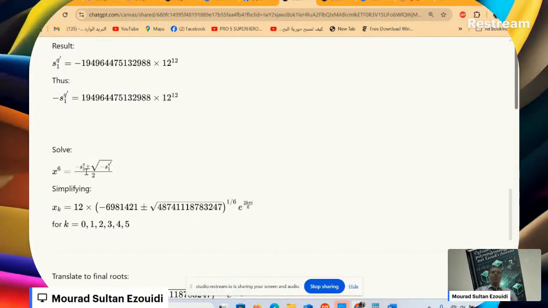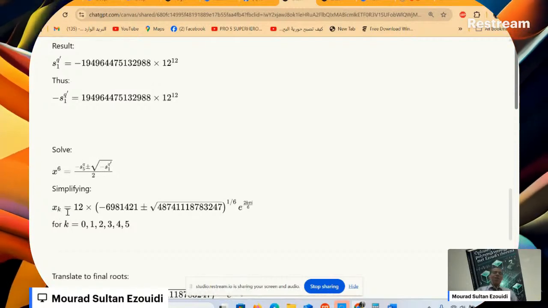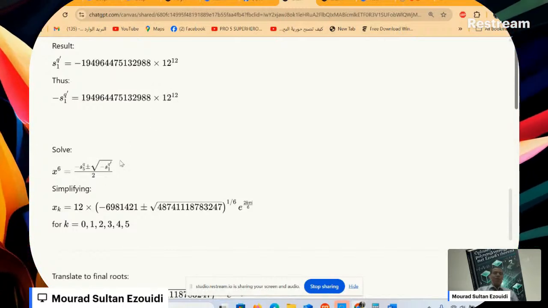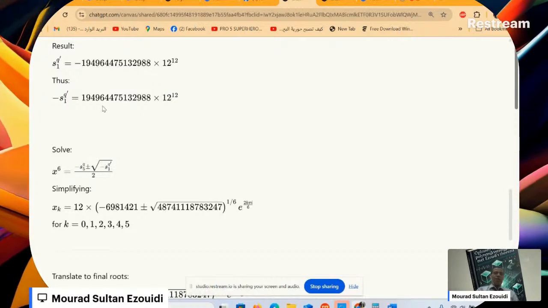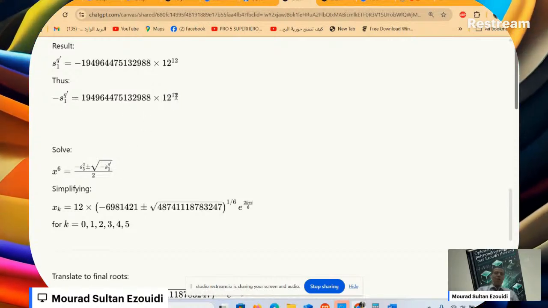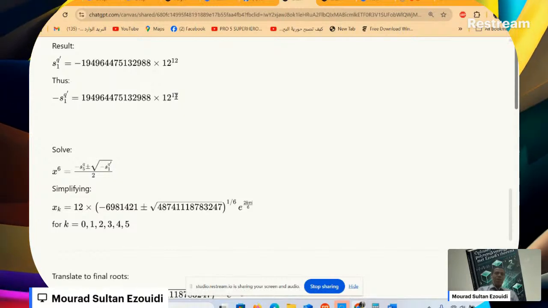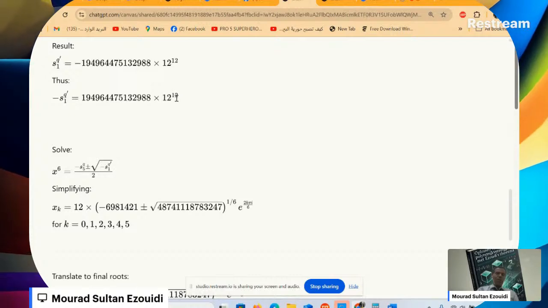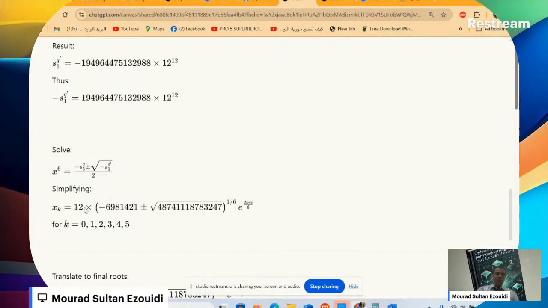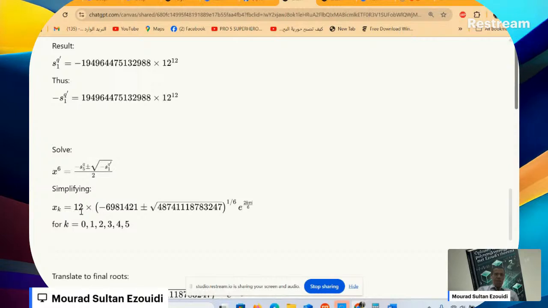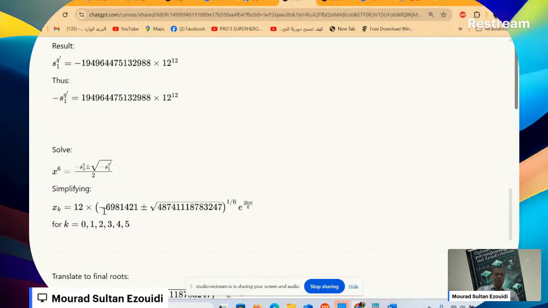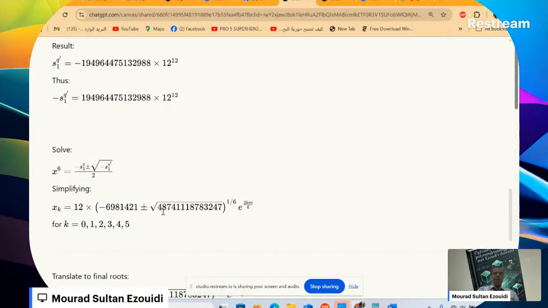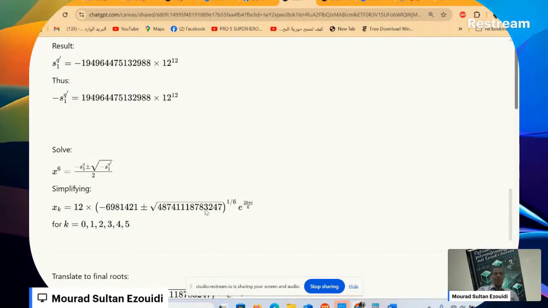This x raised to the power 6 equals, that means xk equals 12 times, because when you take the root, it will be raised to the power 12. So it remains that xk equals 12 times negative 6,981,421 plus or minus